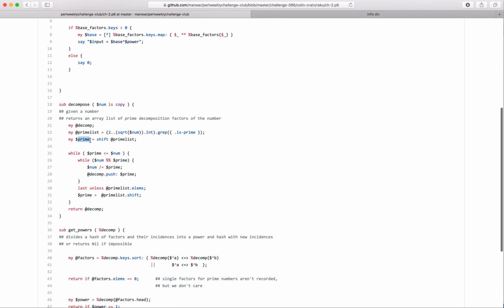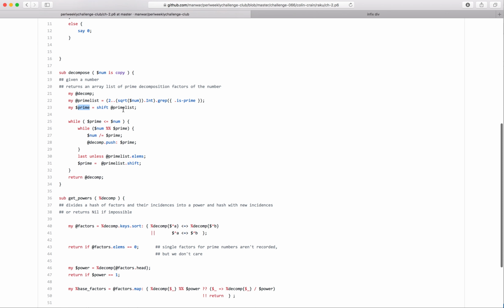Then we take the first one by shifting it from the list, and while the number is less than the original number, by the way, again this is a copy, because finally the copy is used properly, because we are just modifying the only variable, we do not introduce any other variables here. So we divide it by the prime factor, and